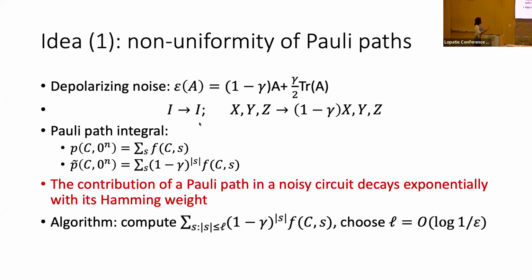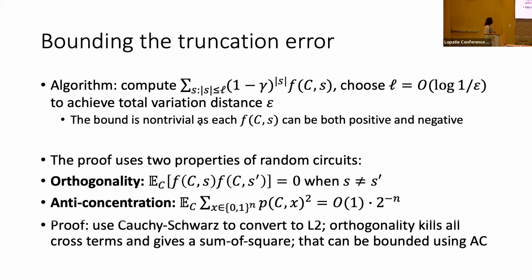And so basically the algorithm is truncate: pick L, the number of non-identity Paulis that we are interested in, to be, say, log 1 over epsilon. And this turns out to give us a sufficiently good total variation distance. I don't want to go into the proof of why this gives sufficiently good estimation, but basically it relies on the fact that